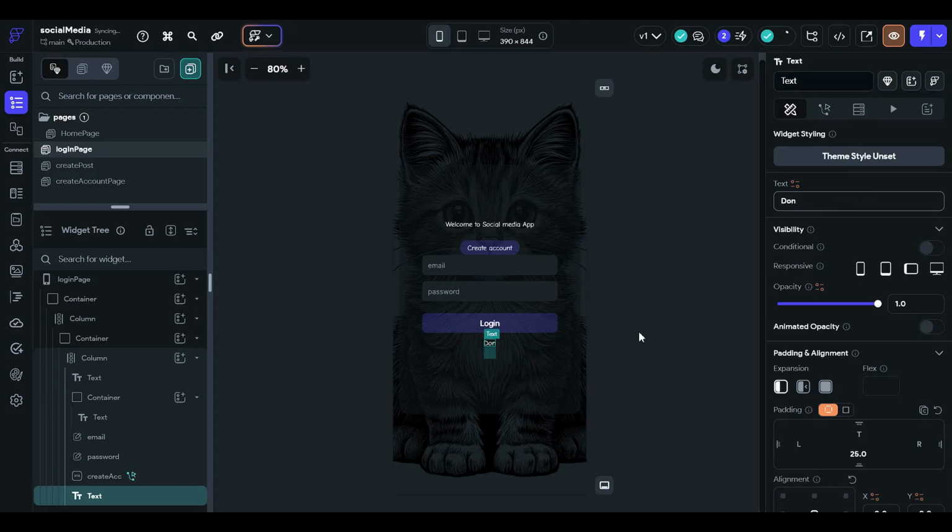Now if the user does not already have an account, then the user can go to the create account page and create a new account.